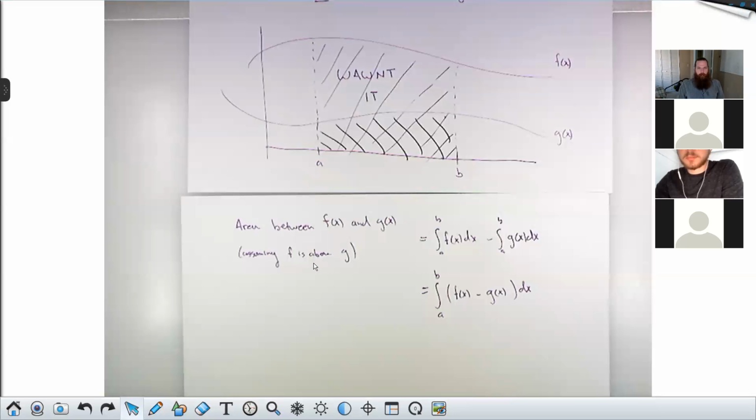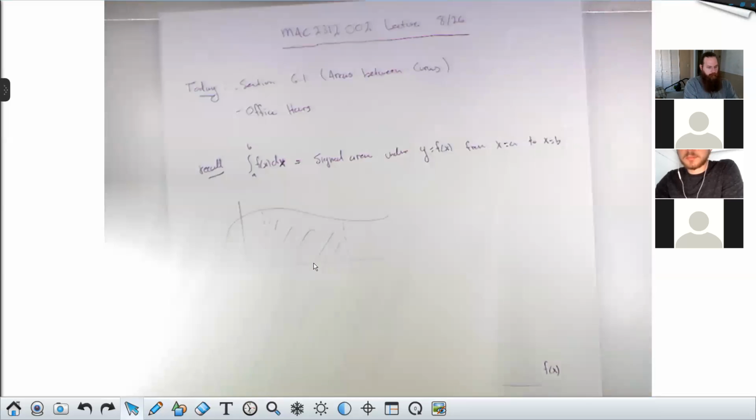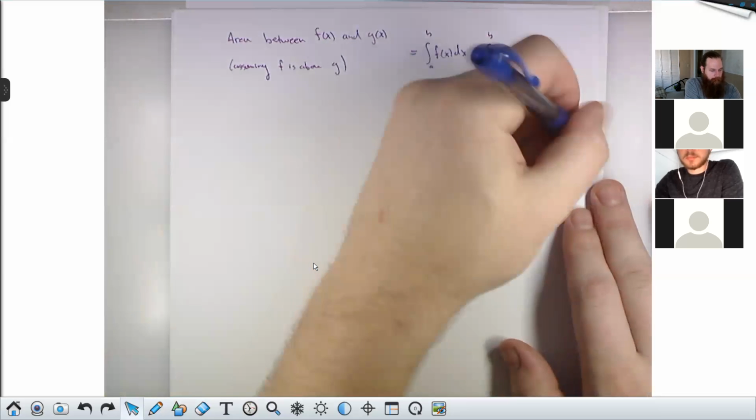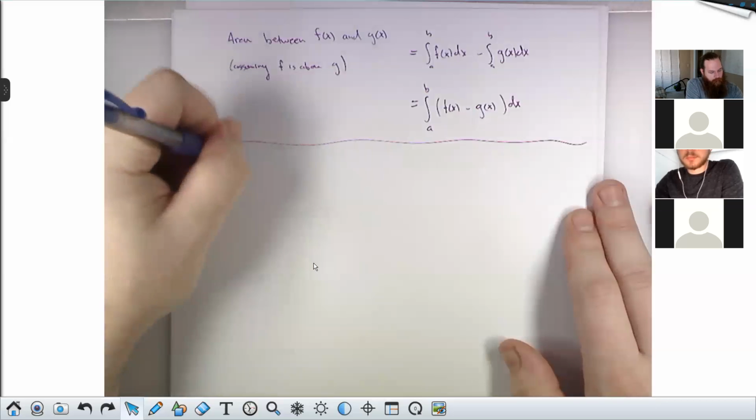The only catch here is if f and g happen to intersect and trade places. You know, one is above sometimes and the other one is below some of the other times. That's the only way this can go wrong. And the way you handle that case is just by splitting it up into a bunch of things like this. So more generally,